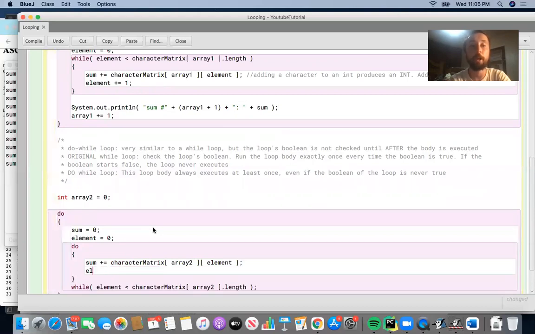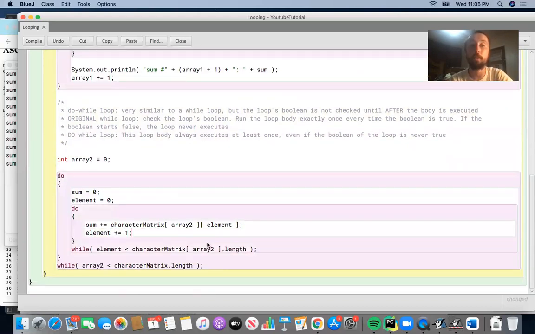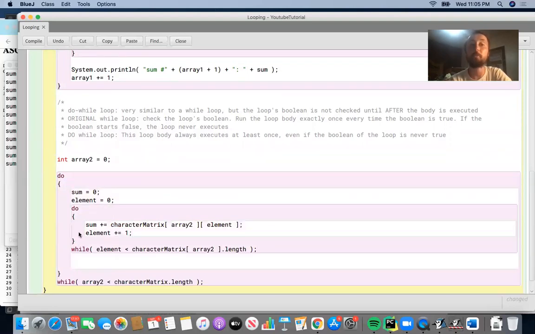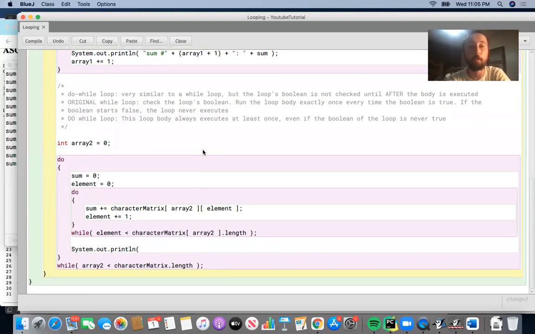And then you would have to go ahead and increment elements in the inner do while loop, and then in the outer do while loop, right? Once you finish the inner do while loop, once you're done with that particular sum, you're going to go ahead and print the sum, and then you have to increment array2, because then you have to look at the next one-dimensional array and then start the outer while loop over again. So now if you say System.out.println of sum, right, and then you could have the same kind